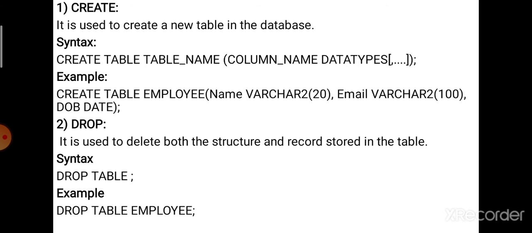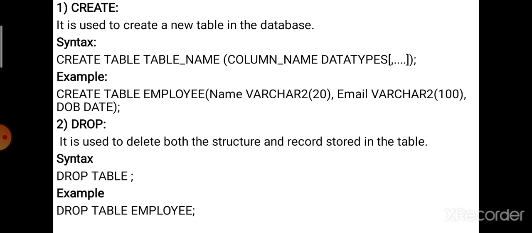Within these parentheses, we can give more than one column, whatever we need. So this is the syntax for creating a new table. Create table are the keywords. Create is a command. Table is a keyword which mentions that we are creating a table, and then the table name, under which name the user has to create the table, and then the columns mention the fields which should be given within the table.